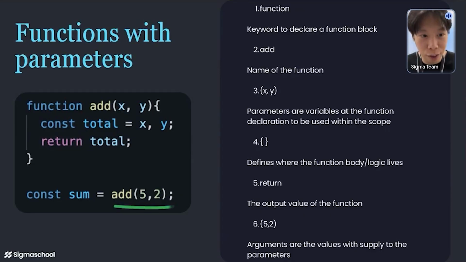When you call this function over here, now you're assigning the values 5 and 2. So inside this function, X is 5 and Y is 2. So 5 plus 2, the value of the total box, is 7, right? And in this line, you're declaring a variable sum. So you're opening the box, taking the value 7, and assigning it to the variable sum. You're putting it inside the box called sum. Does that make sense? I know there's a lot of boxes and variables and taking in and taking out, but did that make sense?